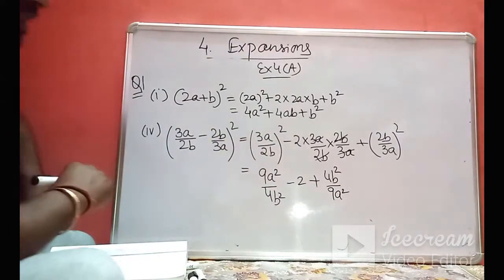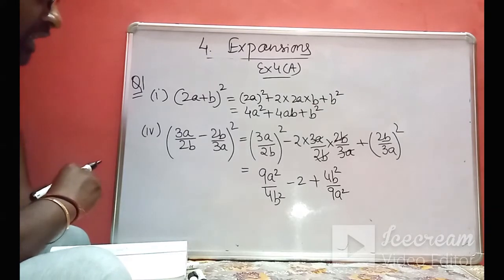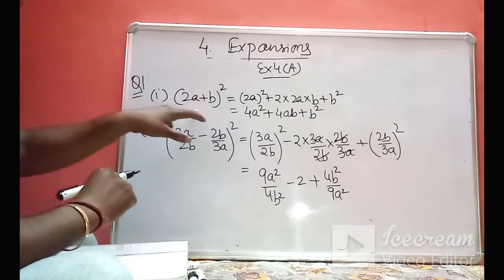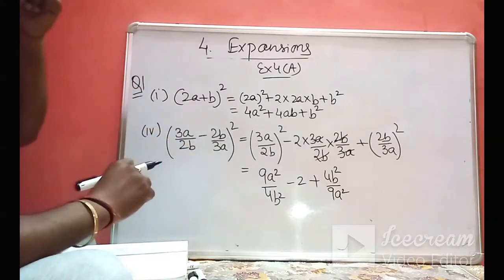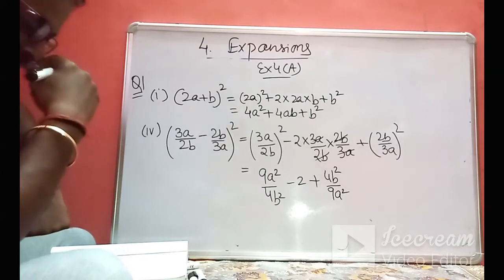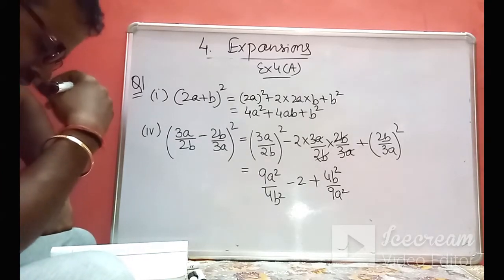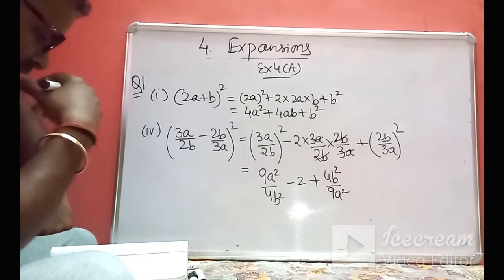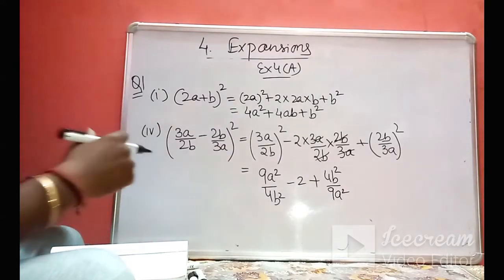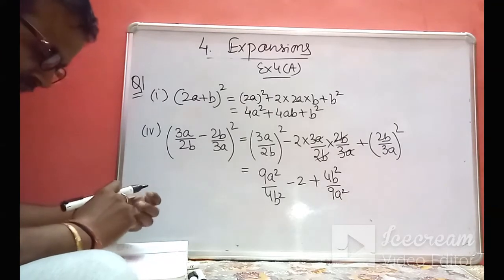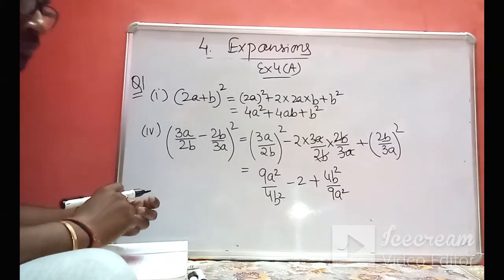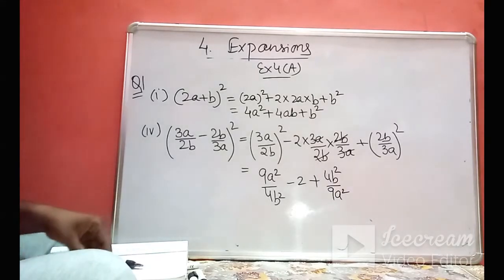So what we have learned is, whenever we wish to calculate the square of these types of expressions, we will simply use the formula of (a plus b) whole square or (a minus b) whole square. Now regarding question number 2, this is the application of this chapter, that is, if you have to calculate the square of big numbers, then you can use these identities to calculate them.